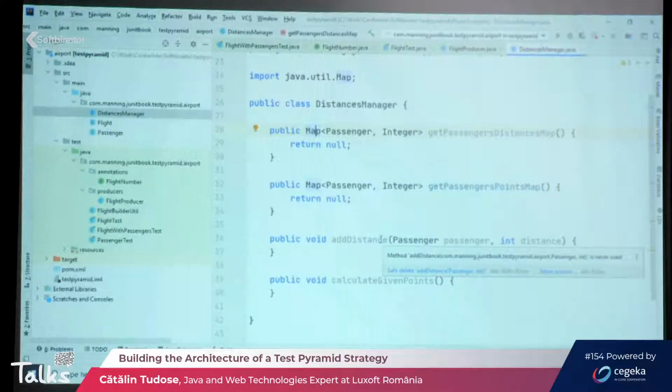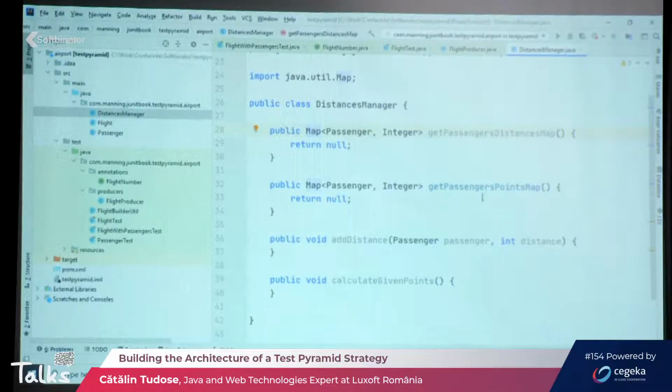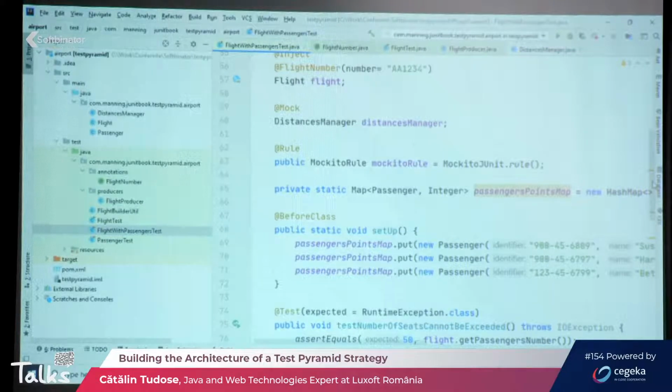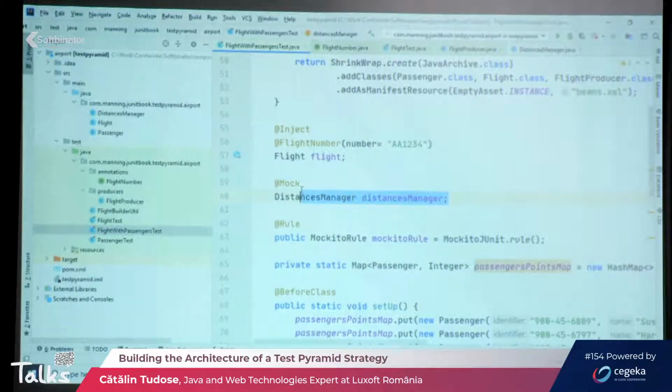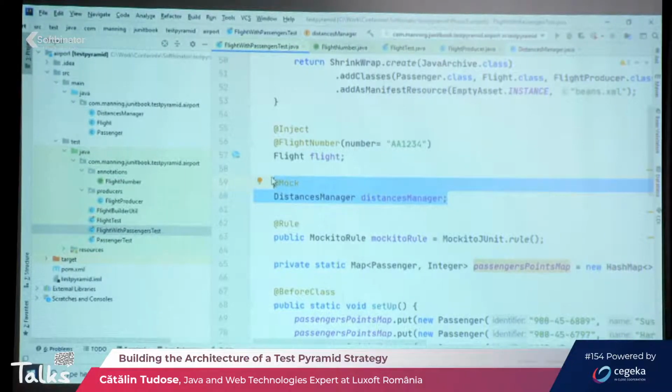They are working. Let's say that we have a very complicated business logic, not just a class, but they are working on it. But we know about the interface, we know about the contract, we know about what needs to be implemented, how these methods should behave, which is the functionality that must be provided to our part of the work. And here I will say, okay, let me mock this distances manager, so that you do your work on your side